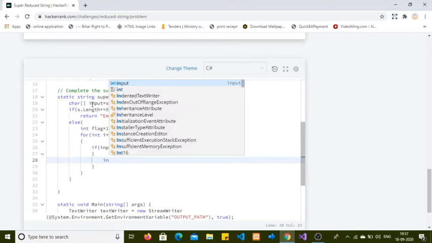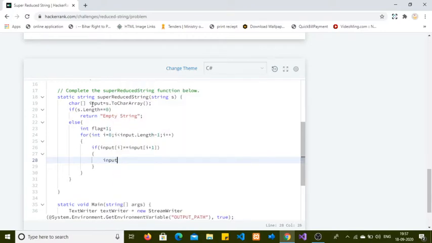So input[i] is set to 0, because the given string will contain only lowercase characters, and 0 is something different, so we can easily determine that if the index contains anything other than a lowercase character, then this index is visited and marked as deleted.